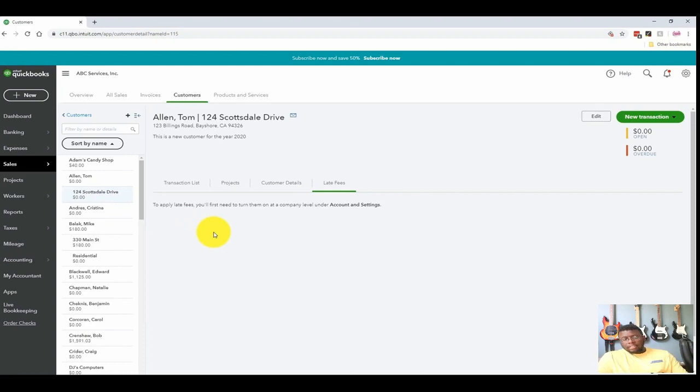Now, not every business will use the sub customer option, but it's really great if you do need to break it out into different projects, like I kind of said, or maybe you have different locations for a particular customer or things like that. Now, that's really all there is to working with sub customers. So let's go ahead now and move over into section 4, and I'll show you how to edit an existing